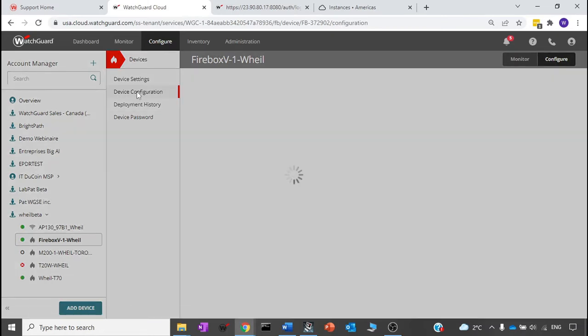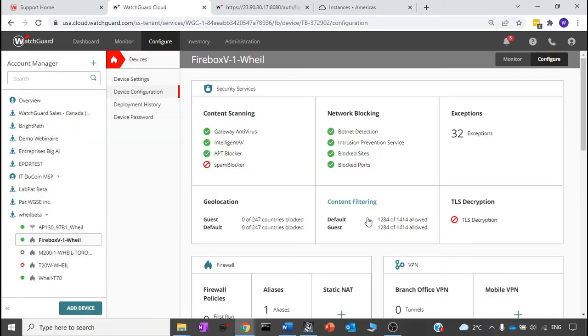Now, going back here to the device configuration, you will notice that there are some differences, and this is the answer to the question that a lot of partners and clients are asking about why we cannot transfer the configuration directly from the locally managed to the cloud, and we have to reset to factory default, because the steps and the default configuration are different. When we try to simplify things, we group them in a way that it's easier for you just by looking at this dashboard to understand what services are running on this